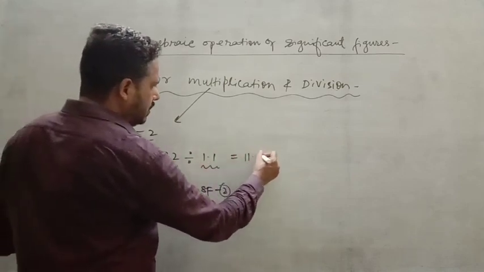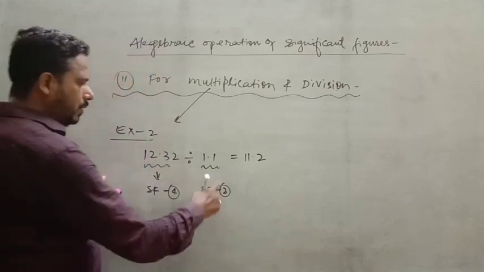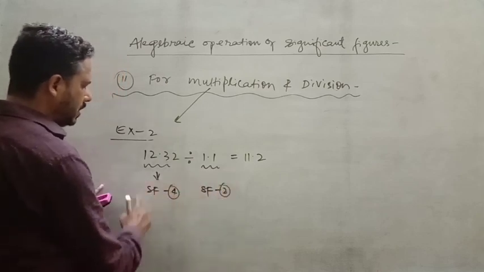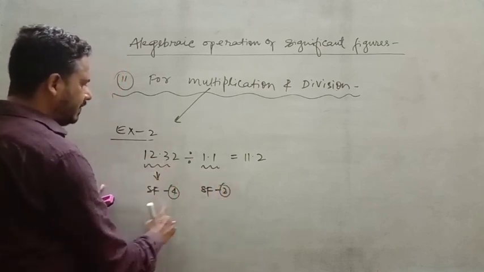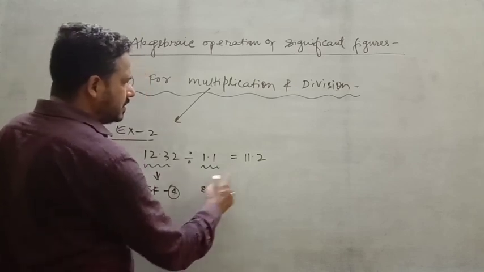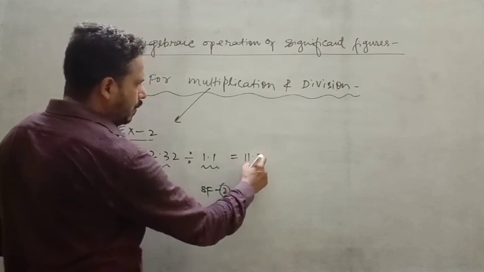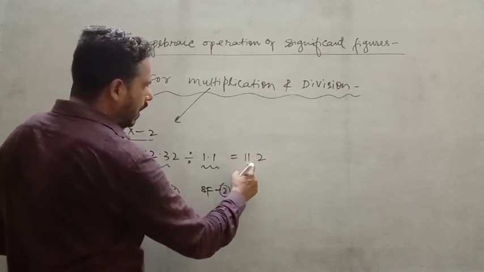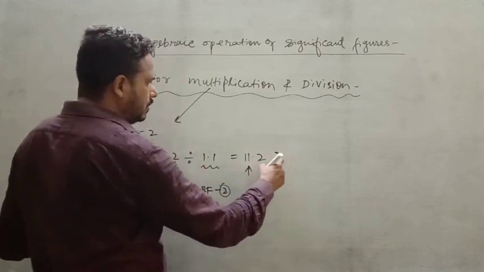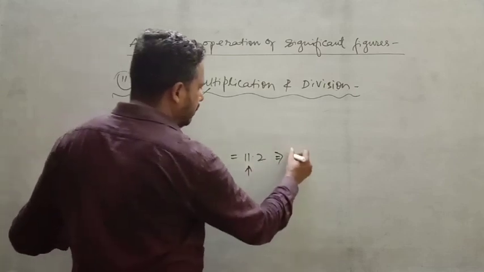After doing division, here you will get 11.2. So you have the least significant number, that is 2. The number of significant digits here is 4. So you have to round off up to 2 significant digits, that is from here. But the coming number after is less than 5, so no effect on 1. Therefore, after rounding off, your result will be 11. So this one is your